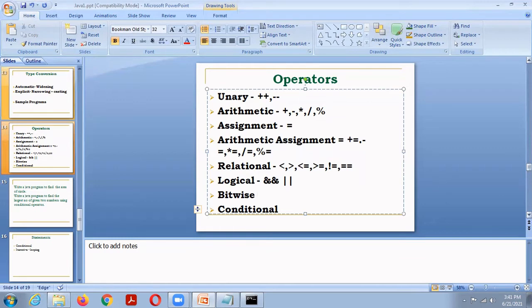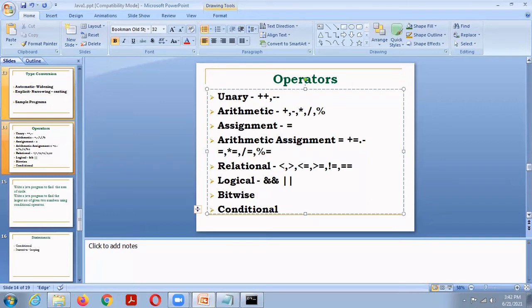Relational operators: less than, greater than, less than equal to, greater than equal to, not equal to, then equal to. Logical operators and, or. The purpose of logical operators is to combine two relational expressions.